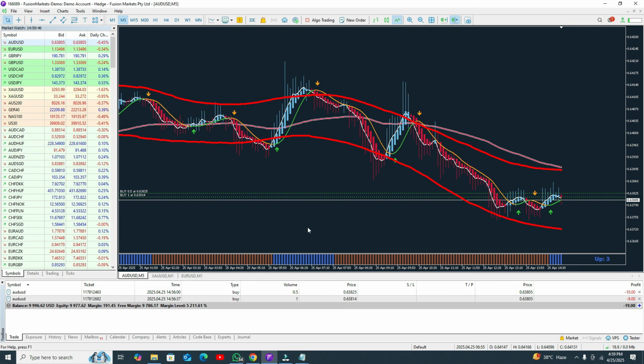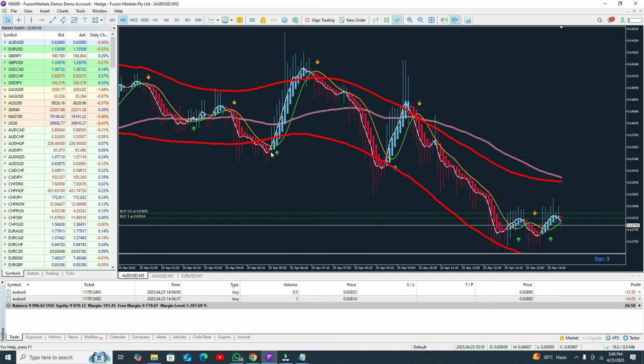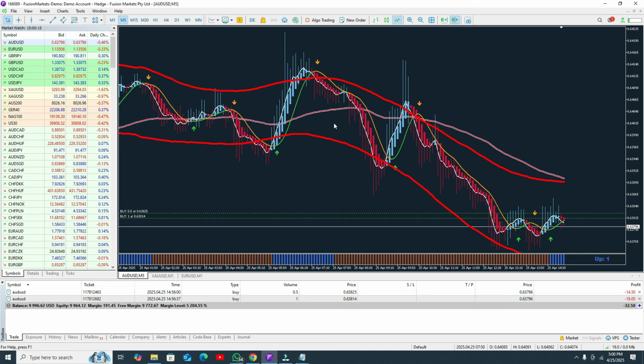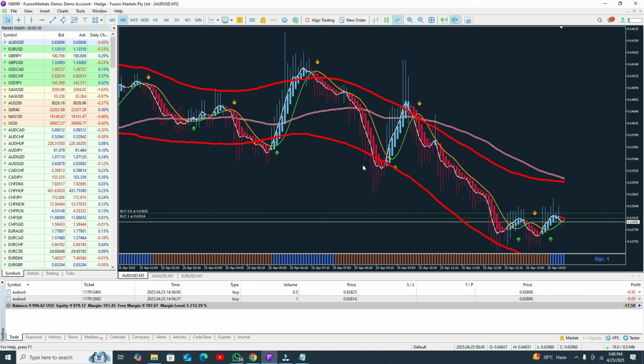Here you can see this indicator is giving you two colors, the blue one and the second one in another color. When it is blue, that means you need to open your buy position like this one. From this point you need to open your buy position and close the trade when the candle touches the upper band line here. Like here, this one you need to open your sell position and close your trade here, when the candle touches the lower band line, that's it.